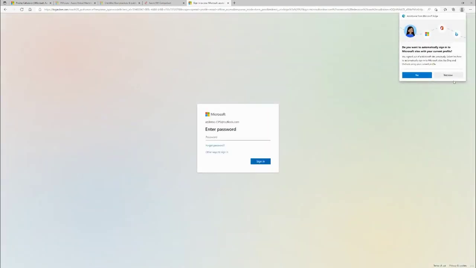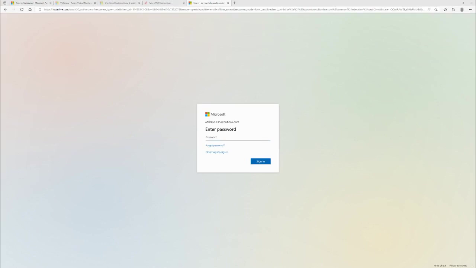Right? So basically any account that is a Microsoft account, or your Office 365 account, you can use to log into this. Basically something that's associated with a Microsoft logon. So when I sign in here,